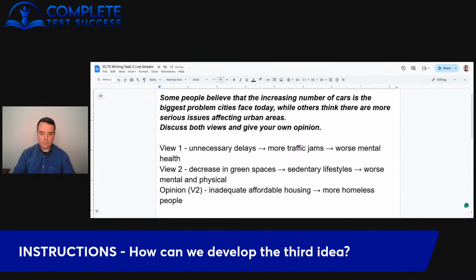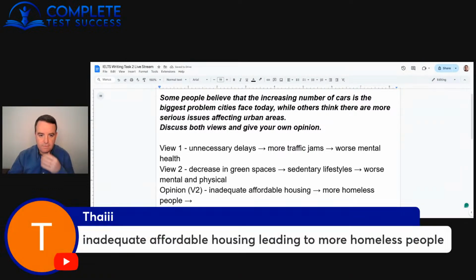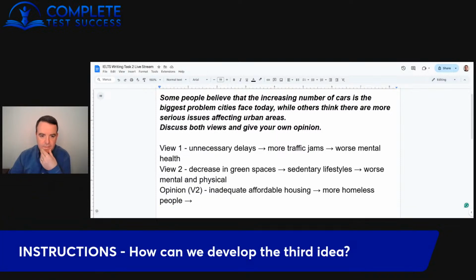More homeless people, good. And then what would the result of that be? How can we go one bit further with that just to make sure we have enough development? Because we need 3 ideas for this essay. What that means is we're going to have to write about 70 words for each idea. So if we just leave it at that much, it might end up that we don't have enough to say so that we reach that 70 word